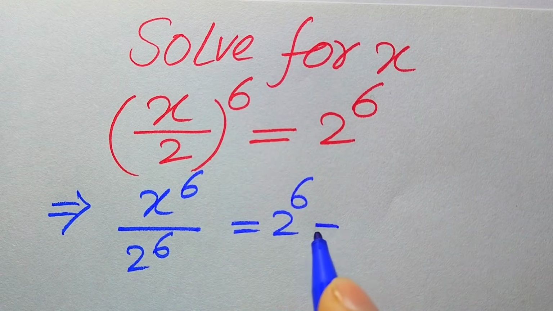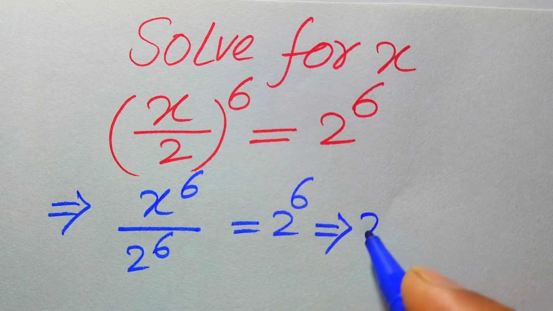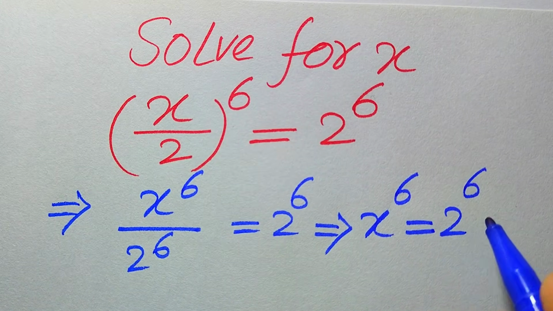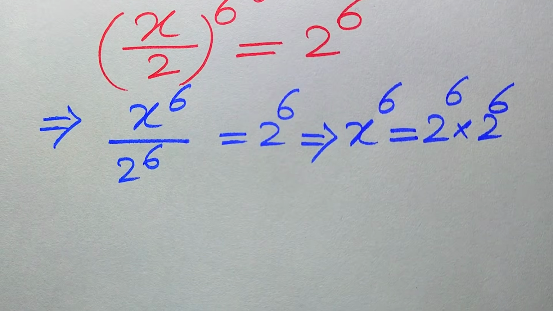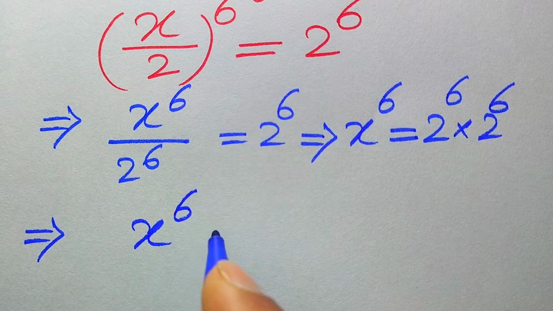This equation implies that this 2 to the power of 6 is divided on the left hand side. When we move it to the right hand side, it is multiplied by this 2 to the power of 6, and it becomes 2 to the power of 6 multiplied by 2 to the power of 6. And further, in the next step, we have on the left hand side x to the power of 6 equals to,